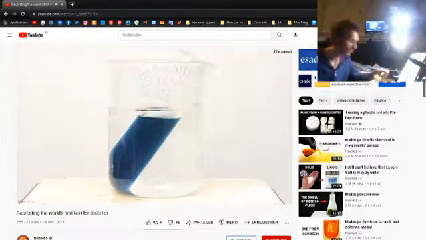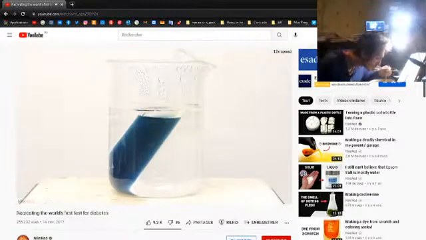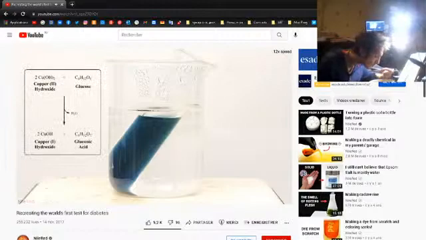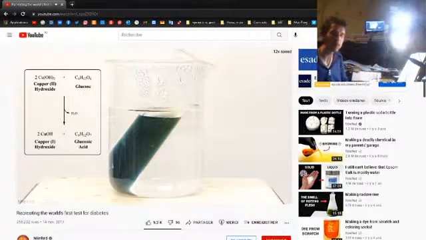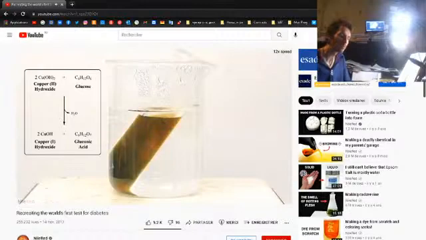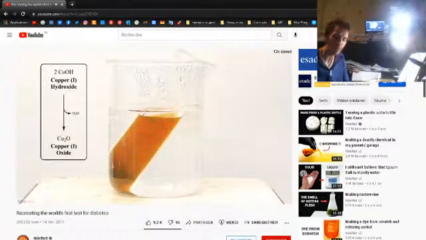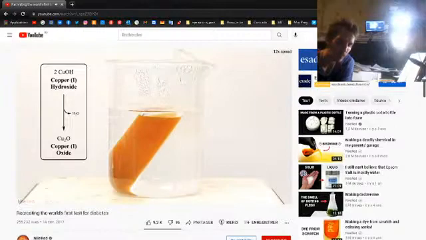Okay, so now to explain how this works. Glucose is known as a reducing sugar, and it's able to reduce the copper 2 hydroxide to copper 1 hydroxide, which is yellow. This newly formed copper 1 hydroxide is not very stable, so it quickly degrades to copper 1 oxide, which is red. All of these color changes give